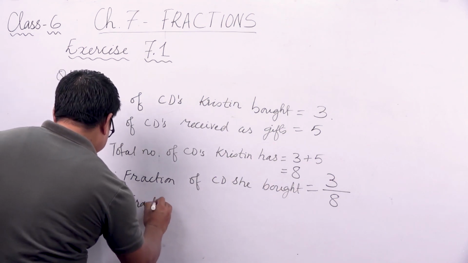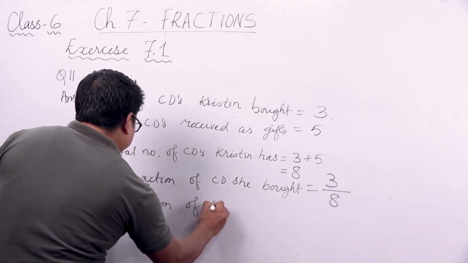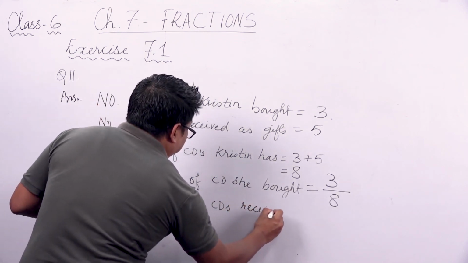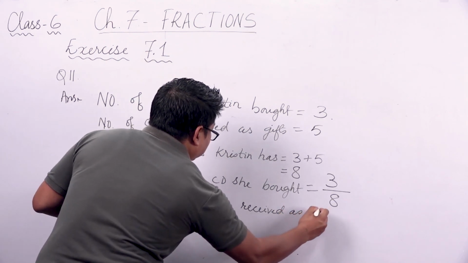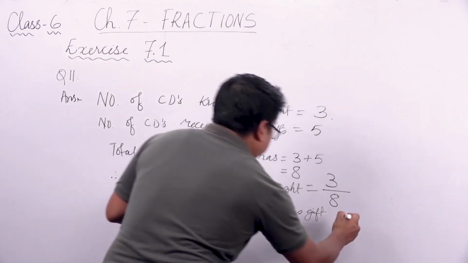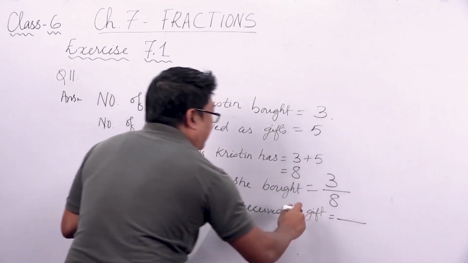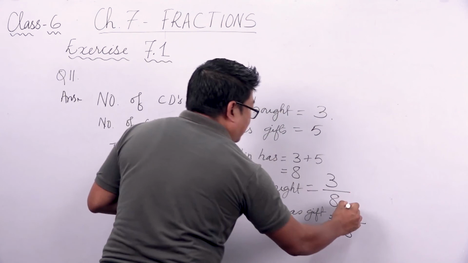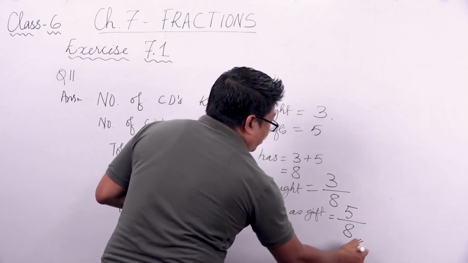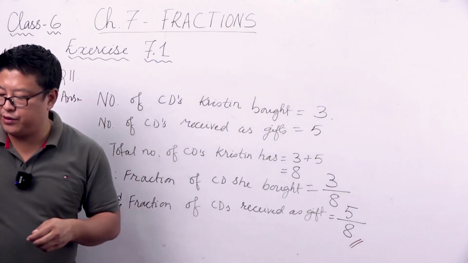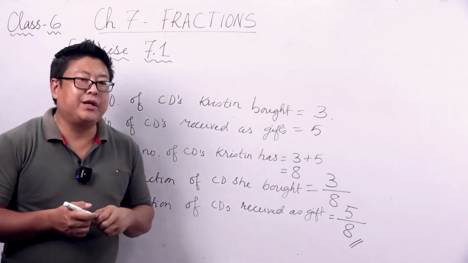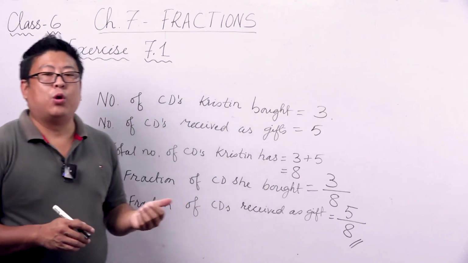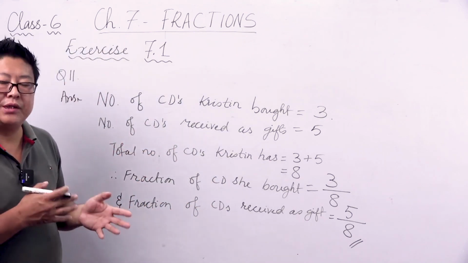And the fraction of CDs received as gift is equal to, the total number of CDs is 8 and the number of CDs she received was 5. So 5 by 8 is the fraction of CDs received as gift and 3 by 8 is the fraction of CDs she bought. Okay, so I may not have been able to complete all the questions here, but